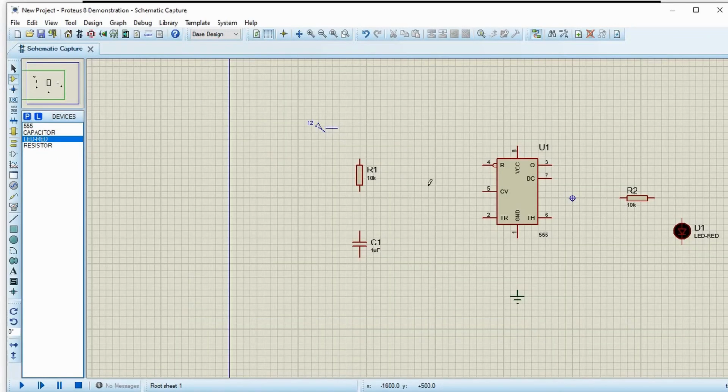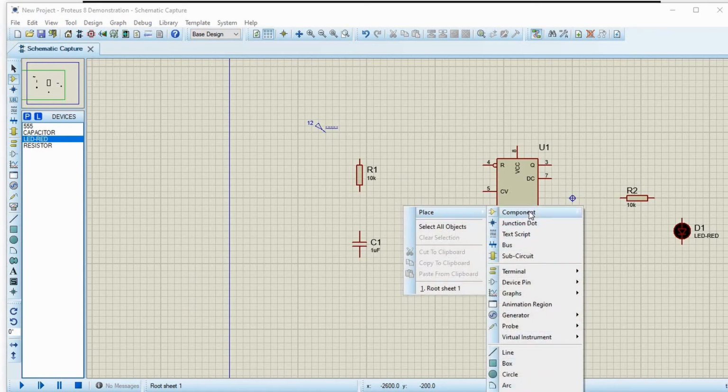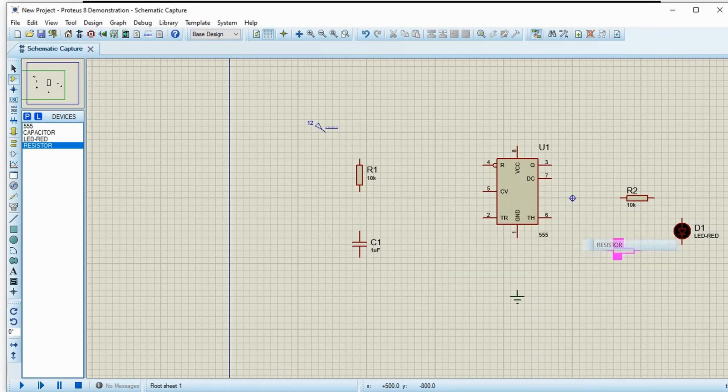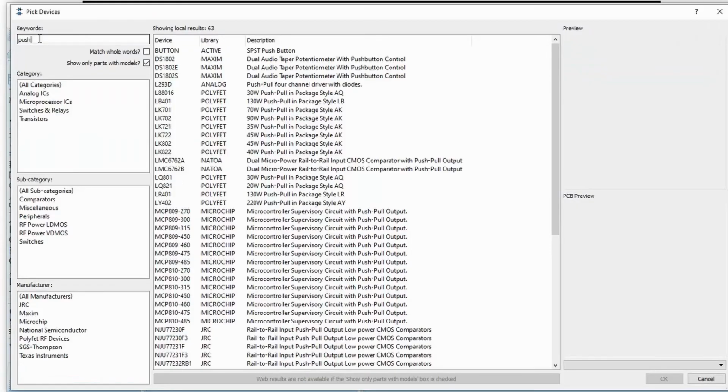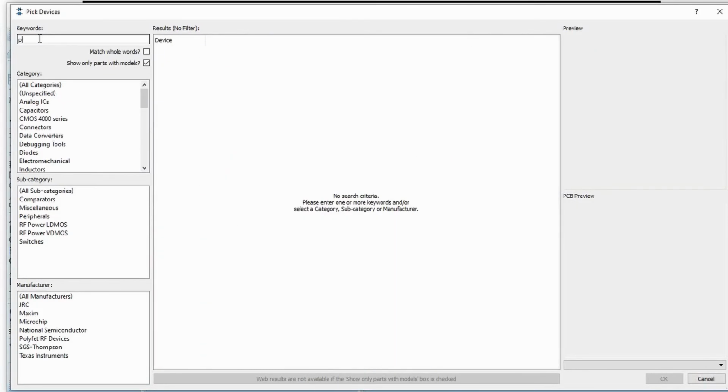So I will need a pull-up resistor and a switch. I have a switch. Let me use a push button.